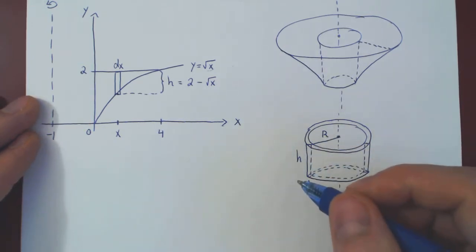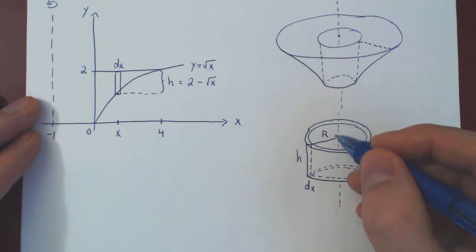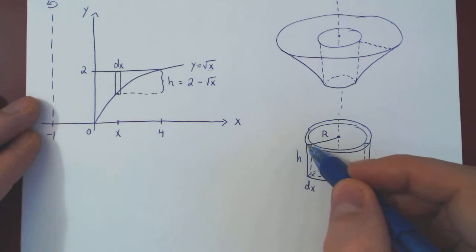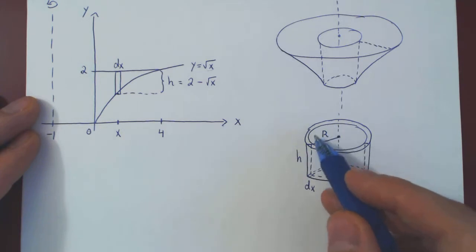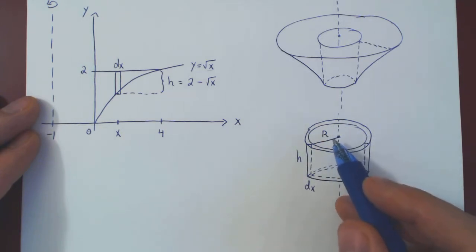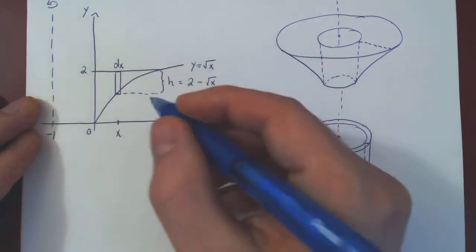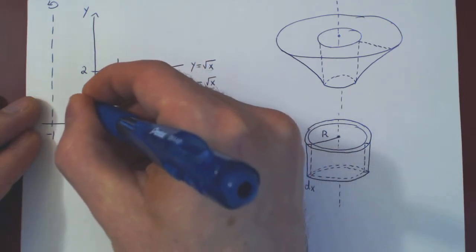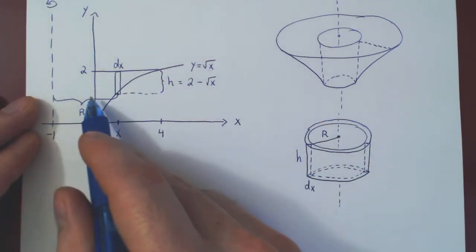What about the radius? Well, if you look, the radius is again the distance between the center of the shell to the rectangle, but the center of the shell is in the xy plane, the axis of revolution. And the rectangle, of course, is the rectangle. So this line segment is your radius, the distance from the axis of revolution to the rectangle. It is a segment along the x-axis,